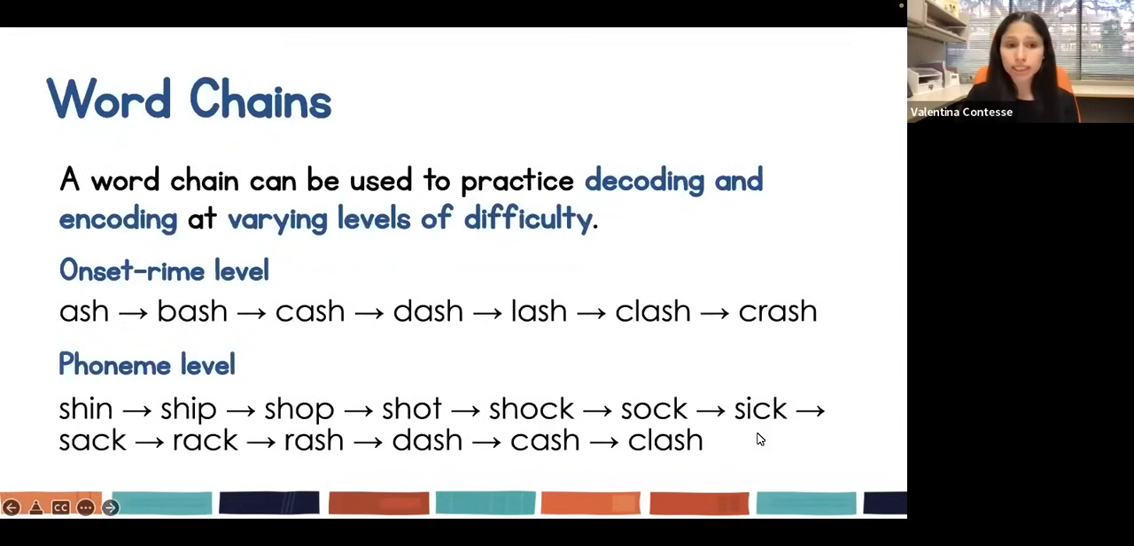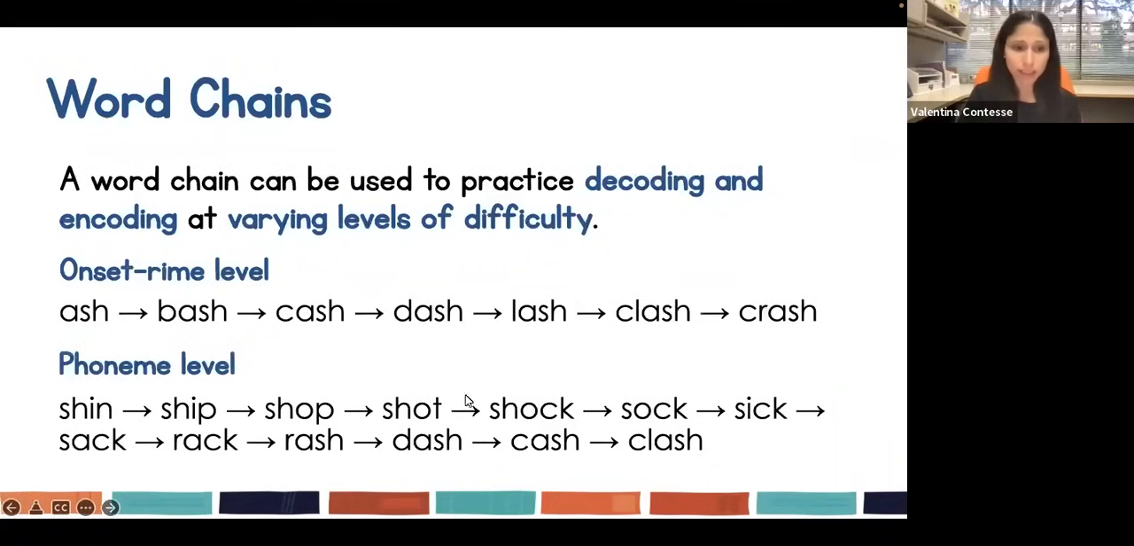These types of word chains can also target more complex graphemes like SH, like we see here with this onset rhyme level word chain targeting SH and the ash rhyme. So here we see ash to bash to cash to dash, lash, clash to crash. So the ash rhyme